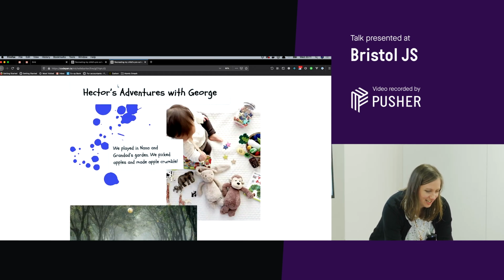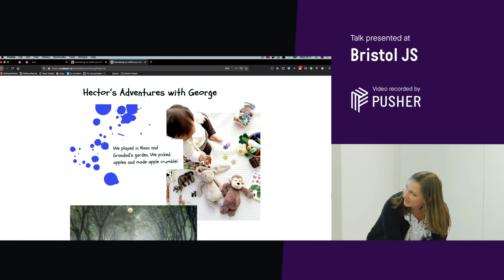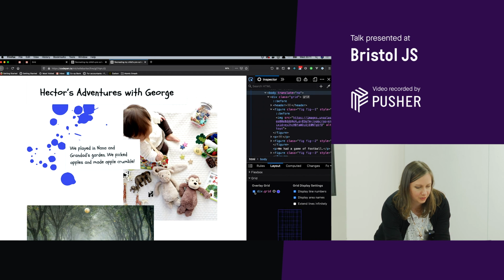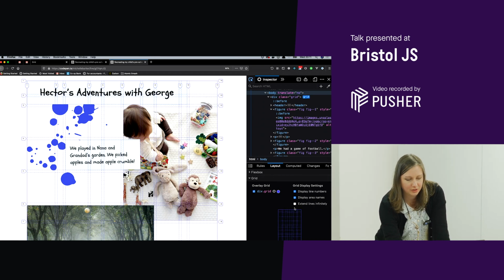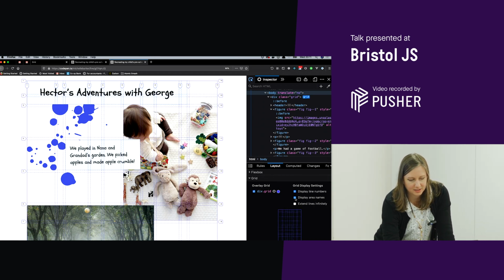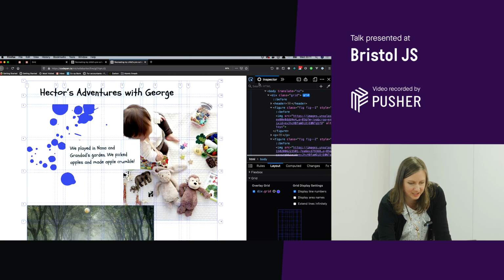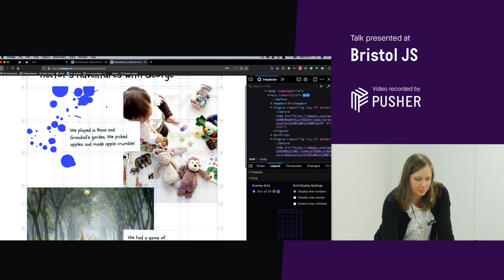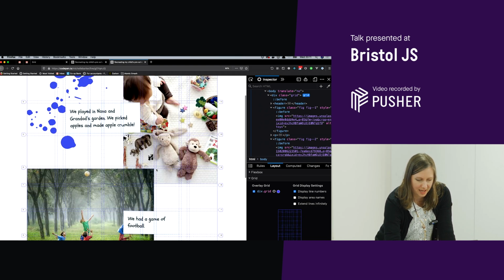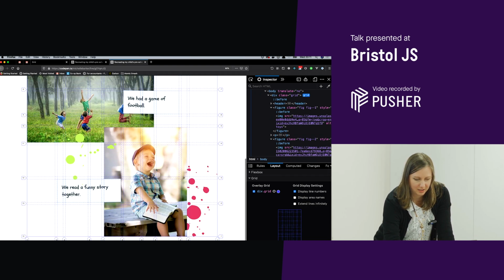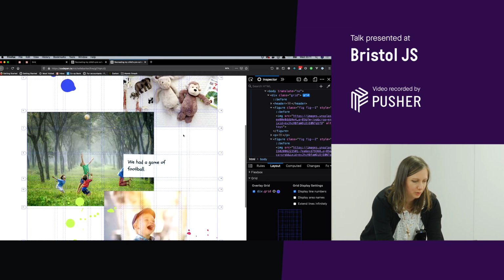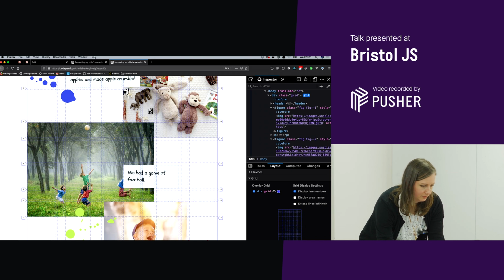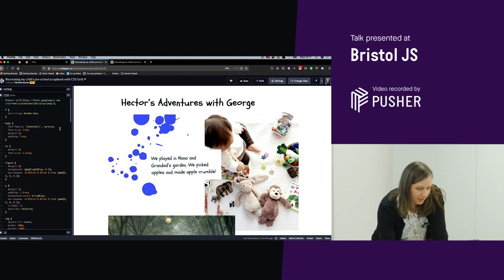If I just, let me turn the inspector on. If I toggle the grid on here, you can see straight away that it's a much more complex grid than the previous example. So we have lots and lots of rows and columns, and we have items overlapping each other all the way down the page. So it might not always be so obvious how you would go about building something like this. If I go over to the code here,